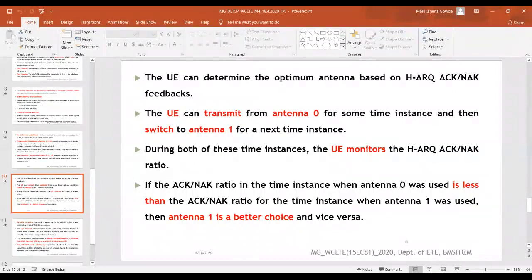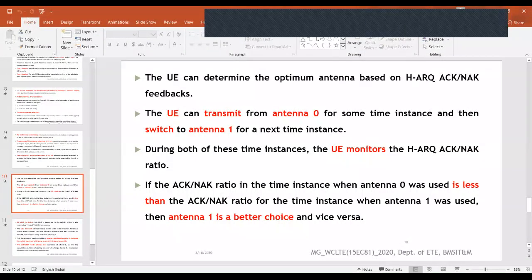The user equipment can transmit from antenna 0 for some time instance, and then switch to antenna 1 for the next time instance. The user equipment monitors those time instances, and based on the hybrid ARQ acknowledgement and negative acknowledgement ratio, it decides whether antenna 0 or antenna 1 is better.